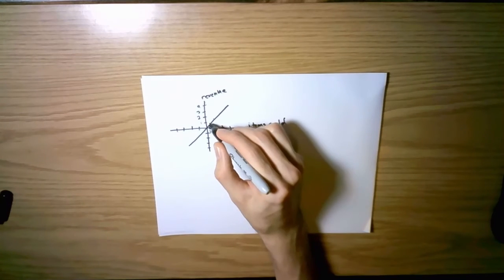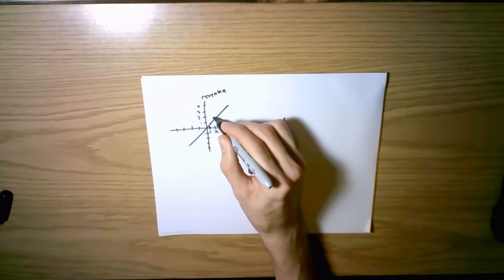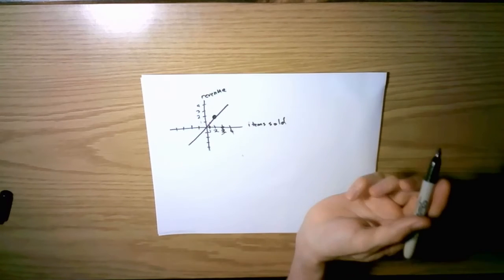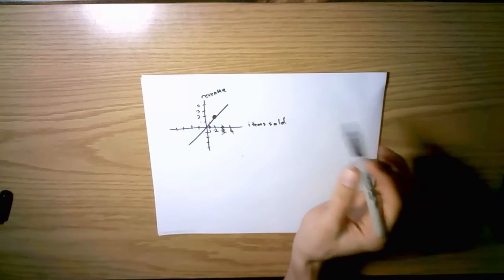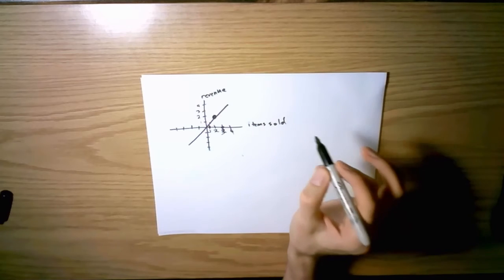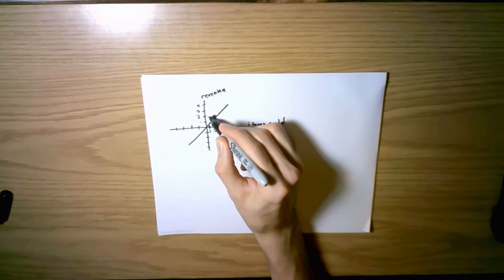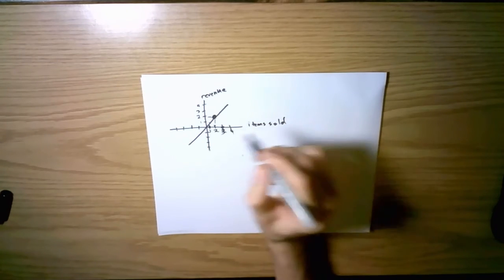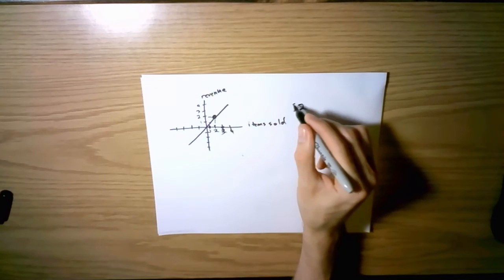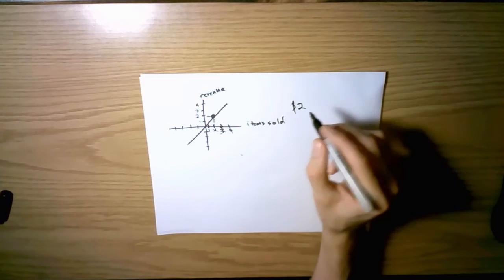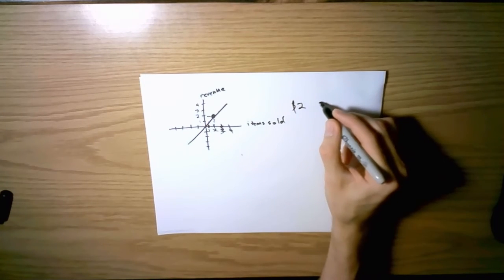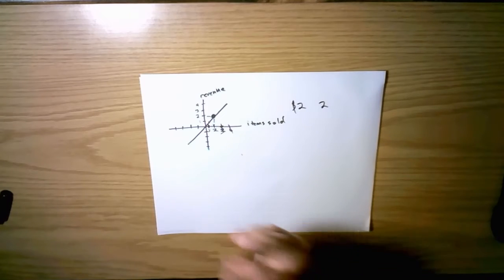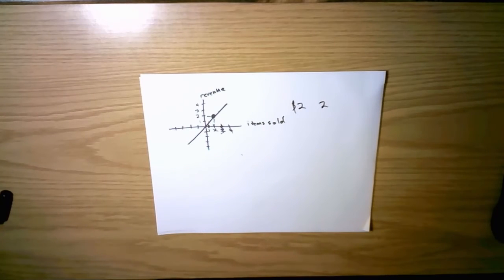So let's take this point on the line. Can you tell me how much revenue you have for that point on the line and how many items are sold? So if you just trace over to the y-axis and down to the x-axis, you'll see you have $2 in revenue, because the units are dollars, and with 2 items sold. So every item selling for $1, we'll take it. So yeah, that's basically how you read